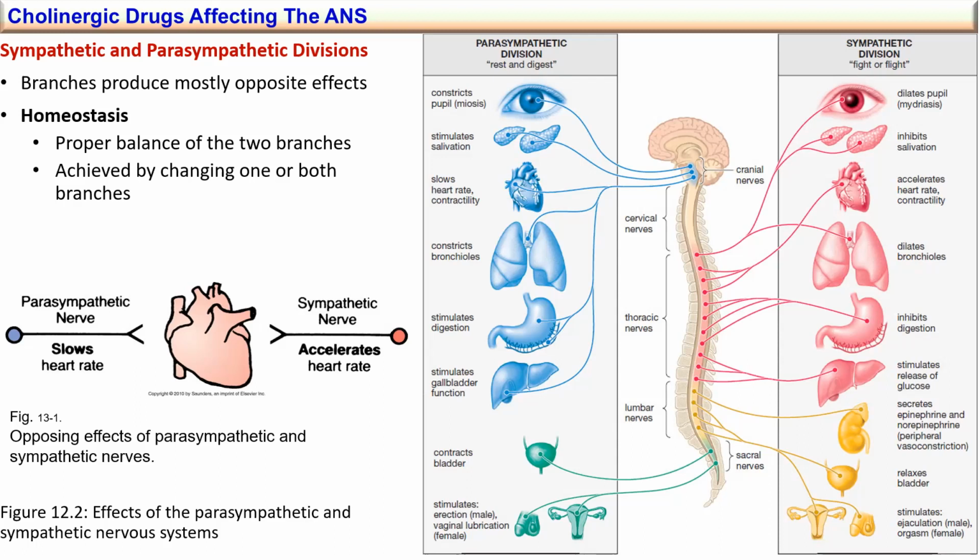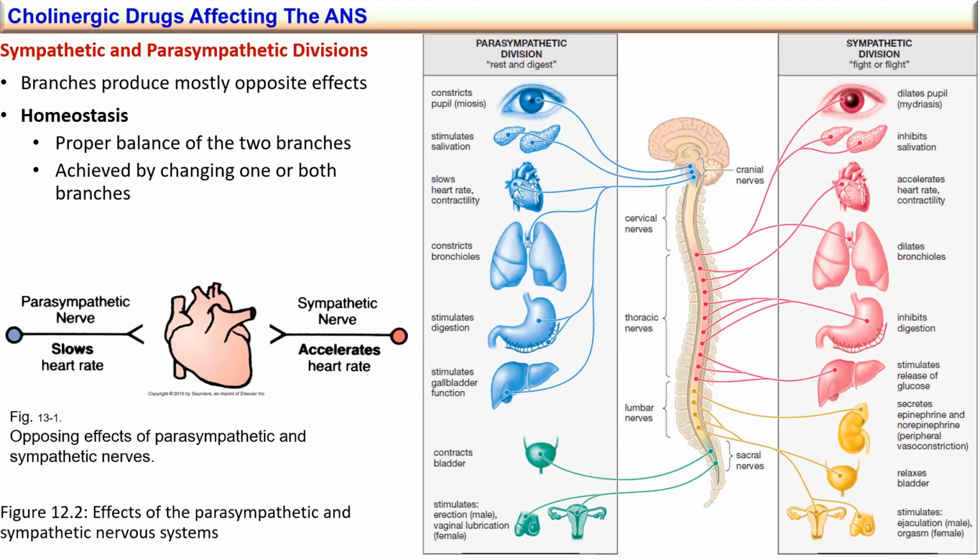The first one is slowing the heart rate. So the activation of the parasympathetic nervous system results in slowing the heart rate, pulse, increasing gastric secretions, and emptying the bladder. So it's the opposite of urinary retention. Second, emptying the bowel. So in sequence: slowing the heart rate, increasing gastric secretions, emptying the bladder, emptying the bowel,